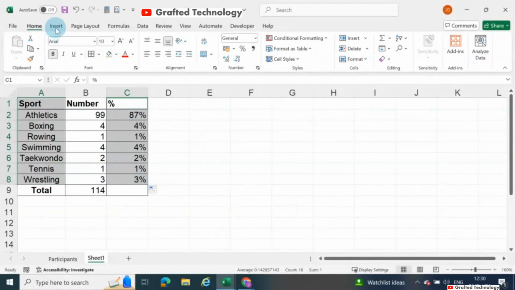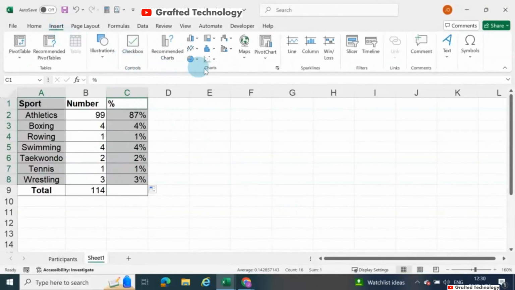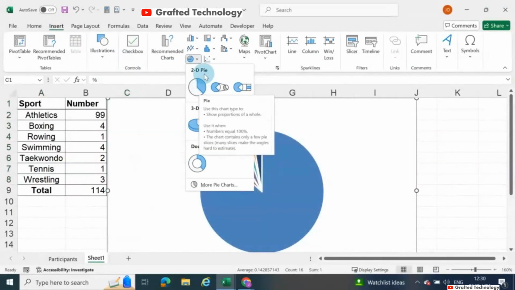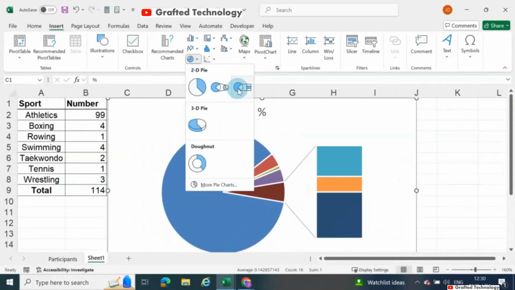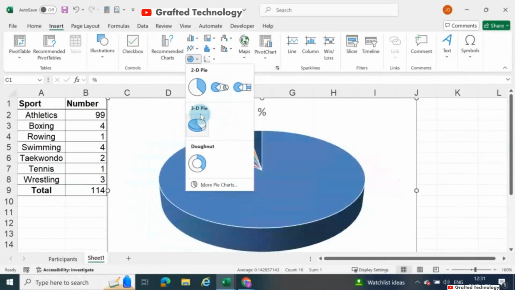So go to the insert tab, go to chart, that is our pie chart, click the more arrow, and you will see that there are different sections. There is 2D pie chart, 3D pie, donut, and so forth. And within the 2D, we have the pie, we have the pie of pie. You can find that all there, but let's use the 3D